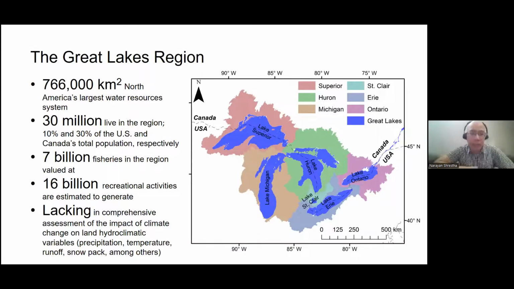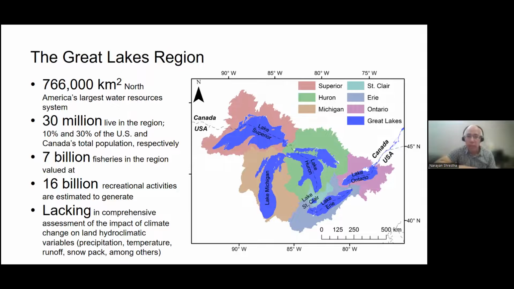Yeah, so the Great Lakes region is one of North America's largest water resource systems, with an area of more than 766,000 square kilometers. And the freshwater resources of the Great Lakes Basin are very important to almost 30 million people who live in the region, which is almost 10% of the population of the USA and 30% of the total population of Canada. Just to give you some figures to illustrate the importance of the freshwater resources of the Great Lakes region,